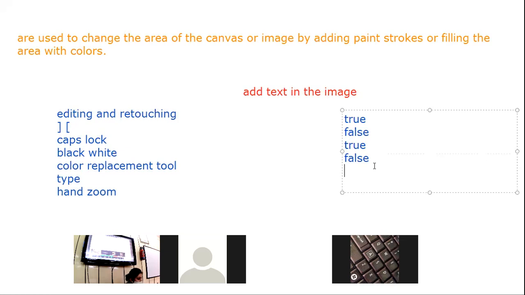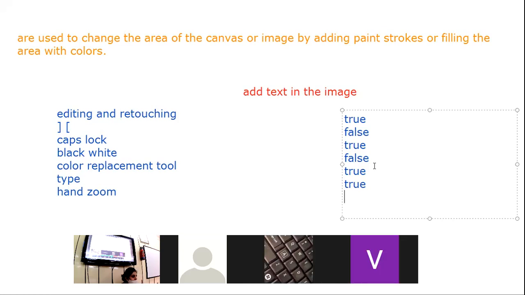Next is zoom tool lets you see a magnified view of a picture. True. Path tool helps in making the complex shapes and drawings. True. Spot healing brush is used to repair imperfections. Yesterday we did this tool. हमने face के marks को clear करा था. So that's why the statement is true. Okay.